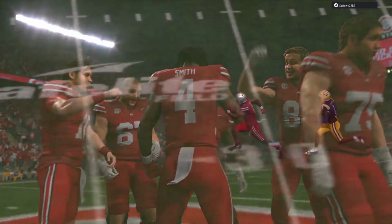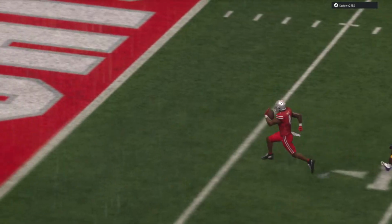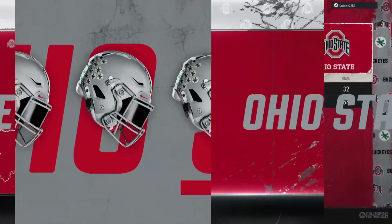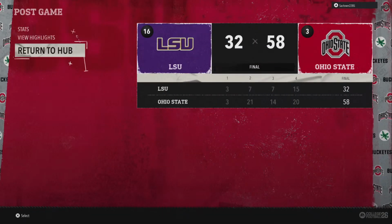They played a good football team here today, Kirk, but they just dragged them behind the woodshed and dominated from the start. This is going to catch people's attention. Yeah, I think most people are going to be in awe when they look at the results of this game. Unbelievable job by this team dealing